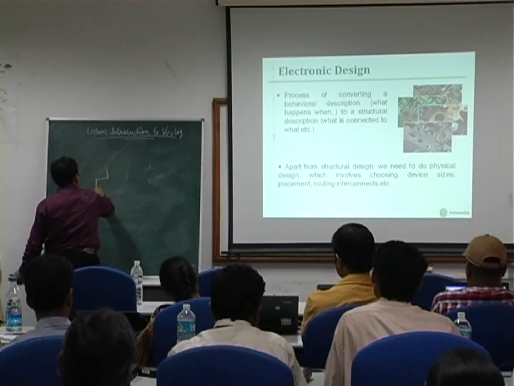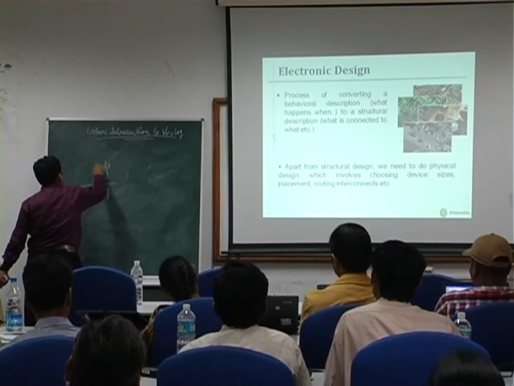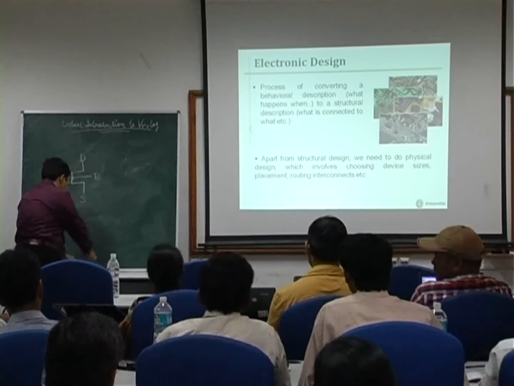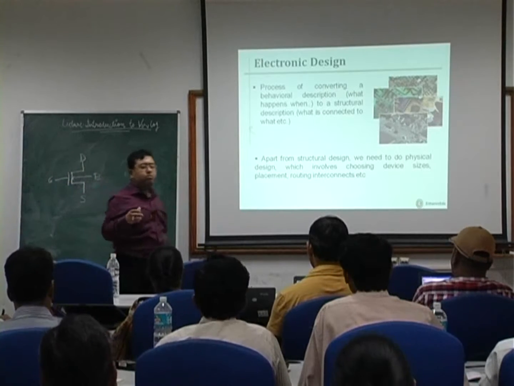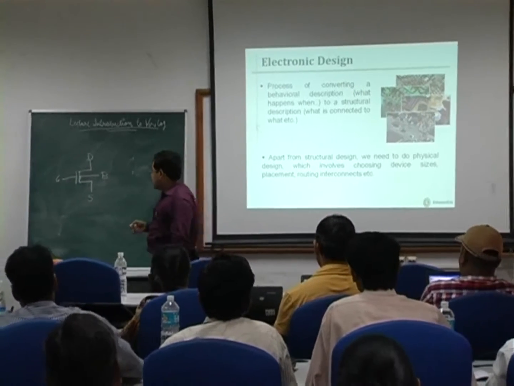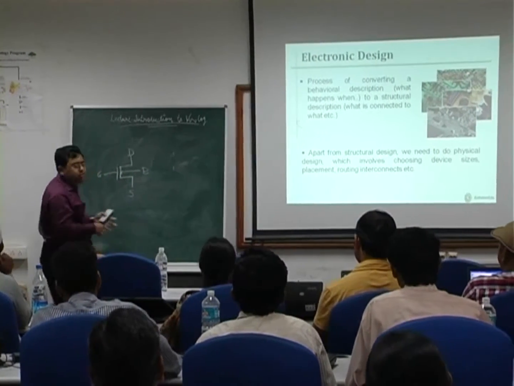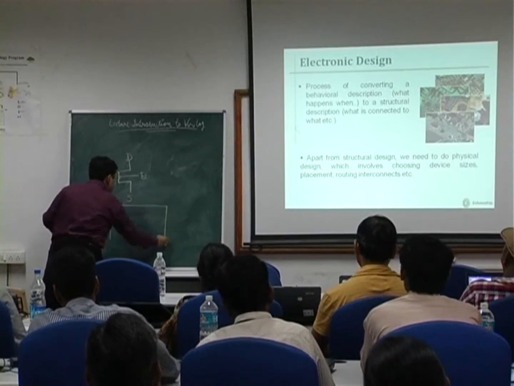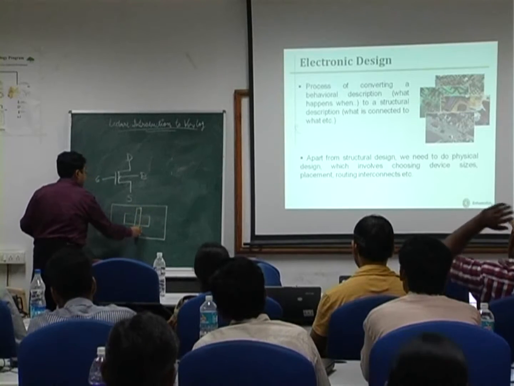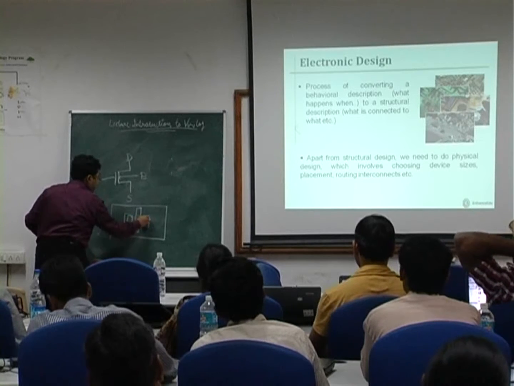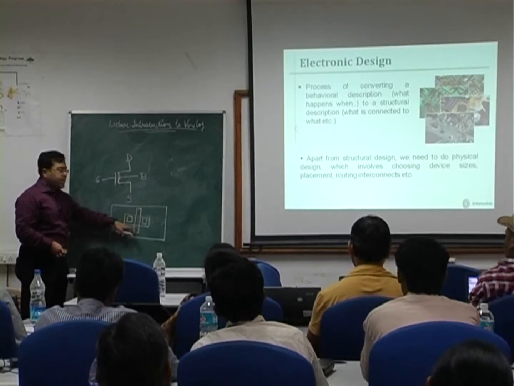Let me just show you by means of a small figure. So let us consider a MOSFET like this, which consists of this drain, gate, source and bulk. Suppose we want to define this MOSFET on a silicon wafer, or implement this MOSFET on a silicon wafer, then if this be the wafer, I would demarcate an area like this, where this is the active region of the device, this is basically the polysilicon of the gate,